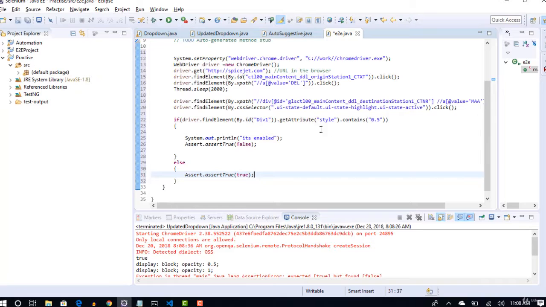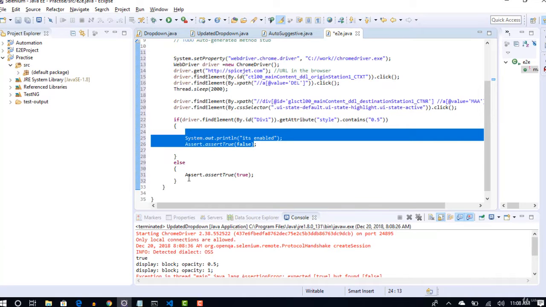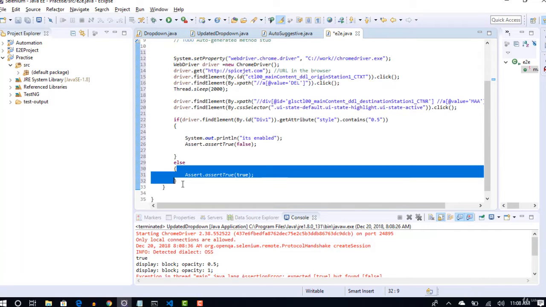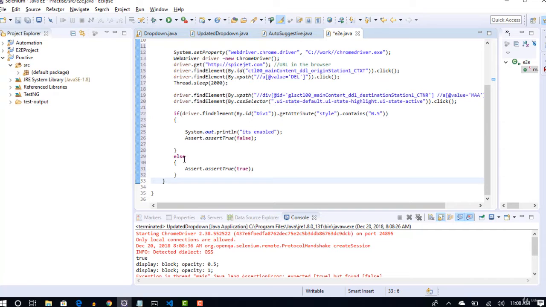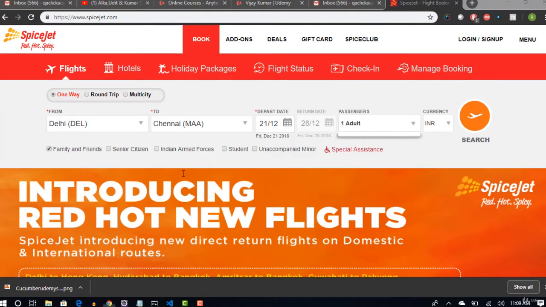It should be like this. As we are not selecting round trip here, if it contains 0.5, that means it's enabled and we fail the script. It's a reverse. If not, it's fine and you can proceed further. That's what this means. So you entered these options, you have selected the calendar, and you are making sure that this is